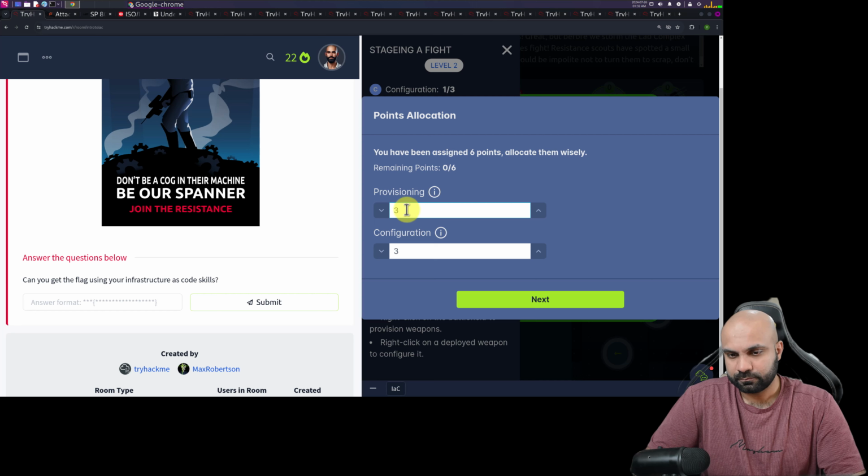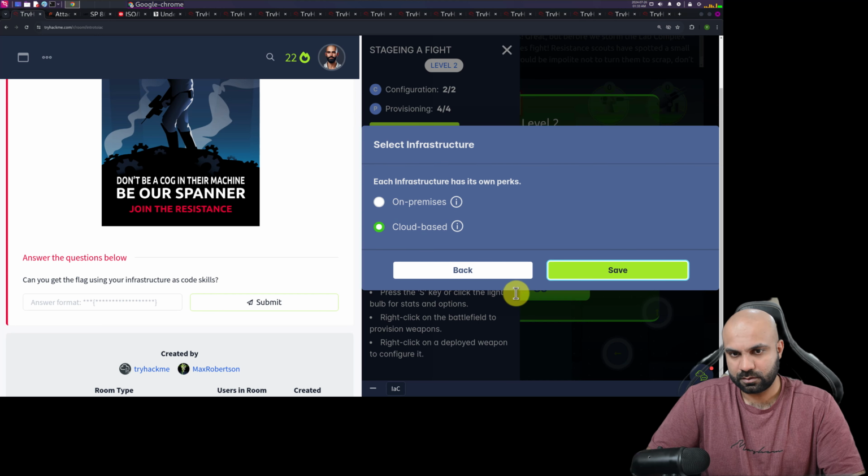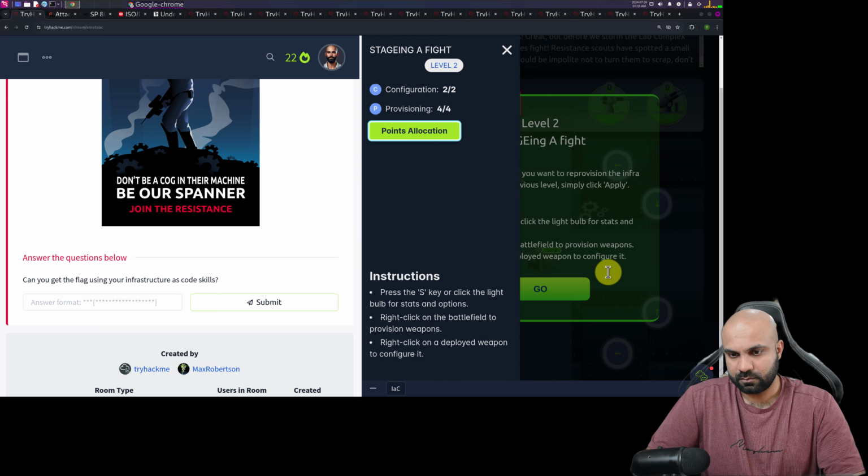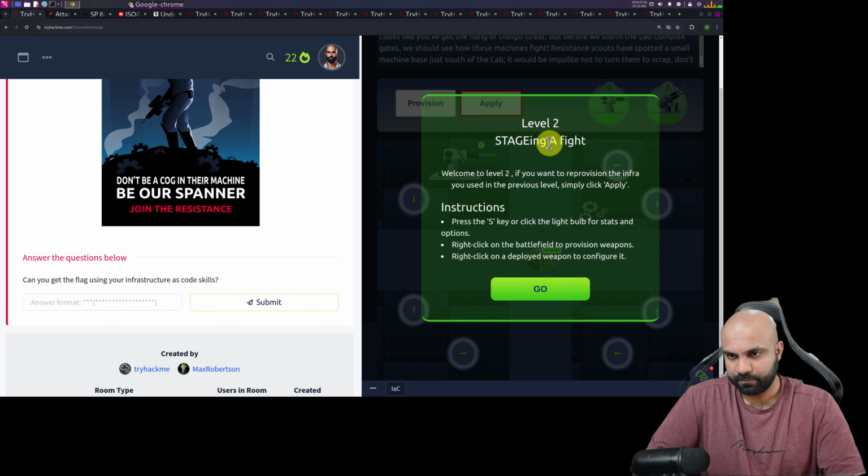Let's go with 4 and 2. Let me go with here. Let's see. We have 2 for configuration and 2 for this one. Click the right button to start option and right click on the battlefield to provision weapons. Okay. So we are on level 2.